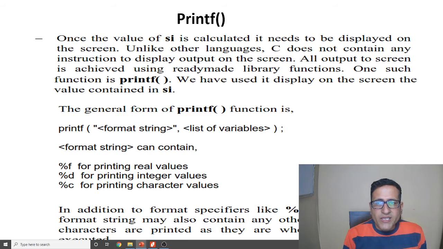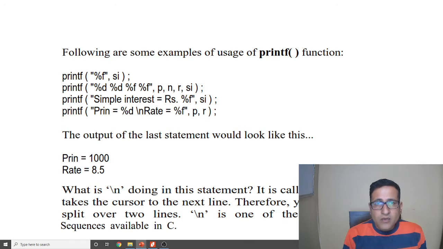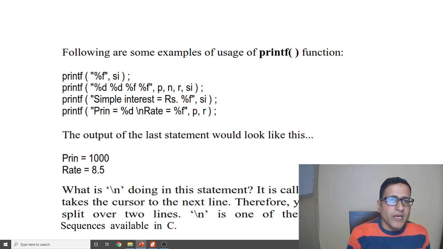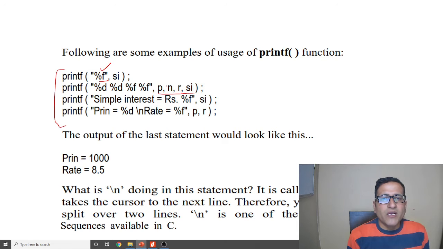Next, printf can do a number of things. If we have to print a float number, we have to use %f. If we want to print all the values like P, N, R and SI, then we have to give the format of that string.